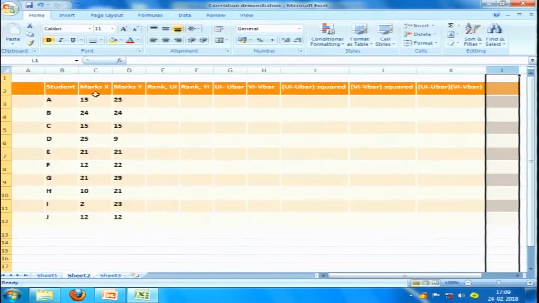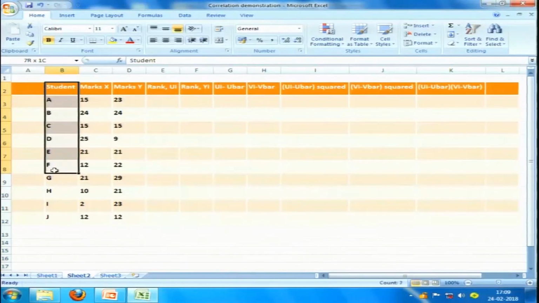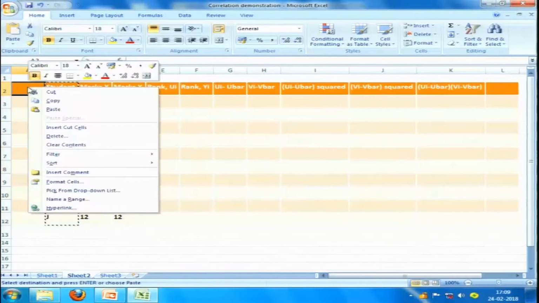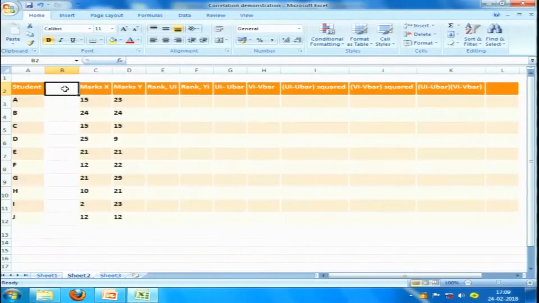So first thing is assigning ranks. So how does our Excel help us to do that? So first I will put some number here. So let me cut this and paste it here. I will put some number here, or I can even call it a serial number. Serial number 1,